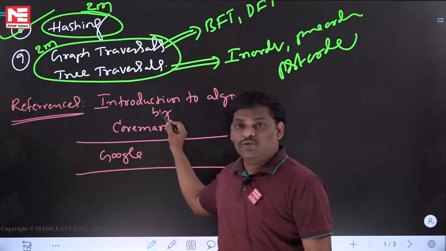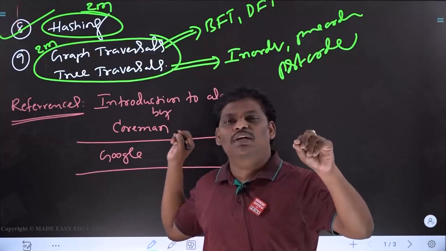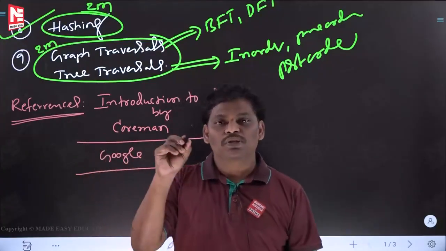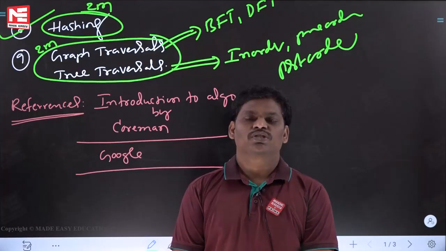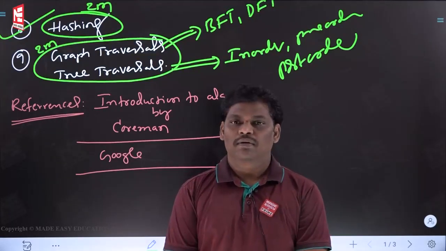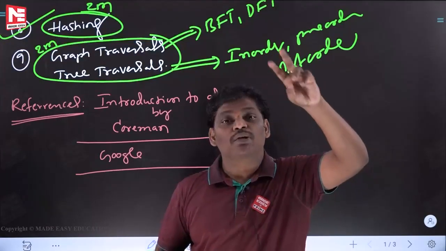Next one. See this one. The Cormen book you will try. If there is a small doubt in one of the topics, you will get it from Cormen. Suppose that after consulting the Cormen book also, that doubt is still not clear. That point, which topic? X topic. Which point? Y point.